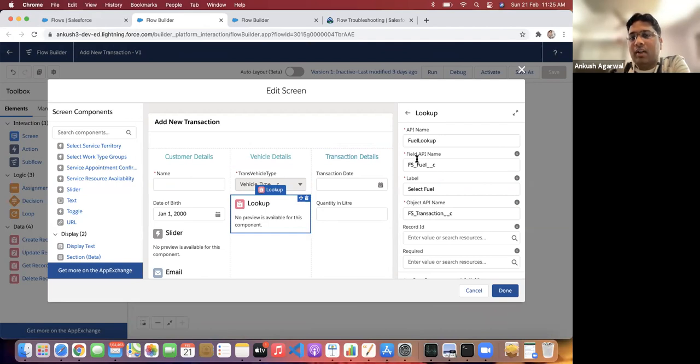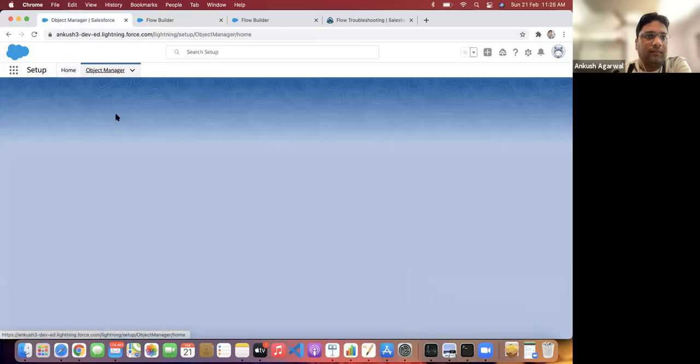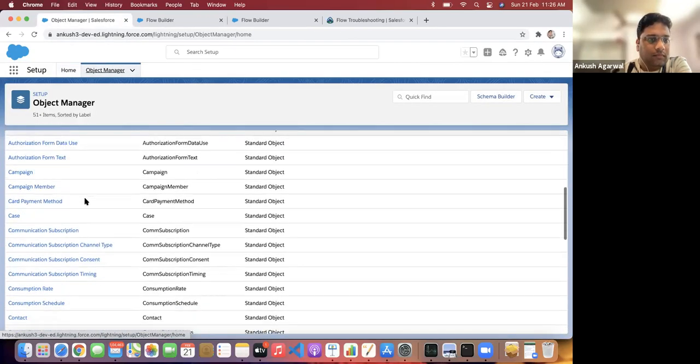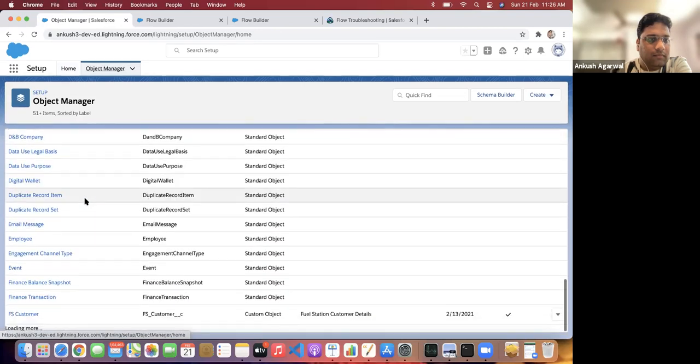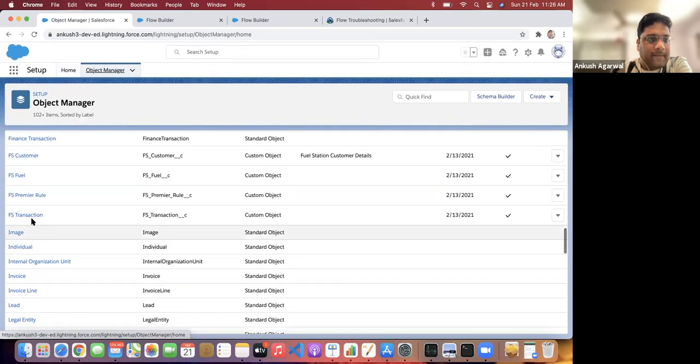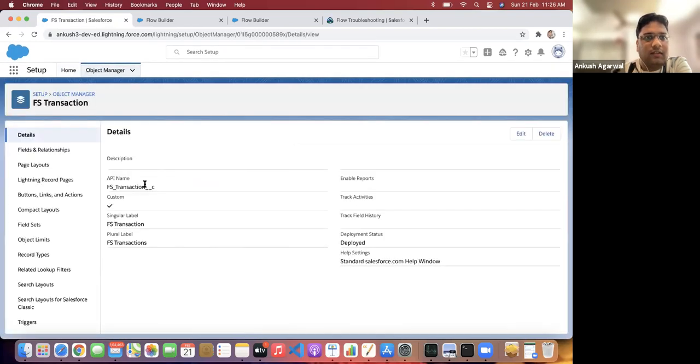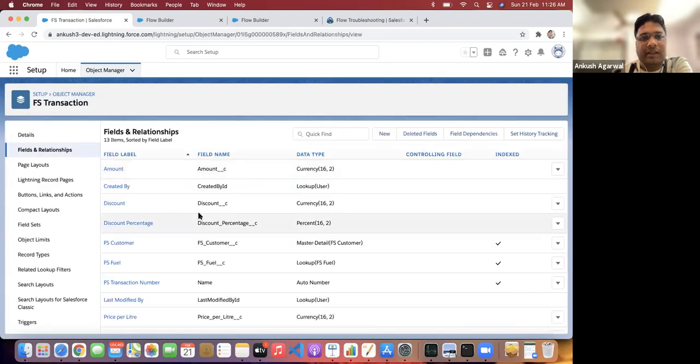The second important thing is the API name of that particular field. So you have to go to the field definition. Let me show you quickly. This transaction object has the API name fs_transaction__c, so that's what I used in the object section.